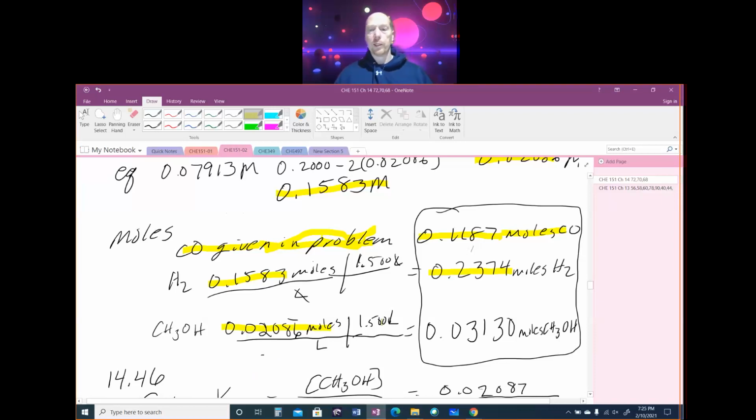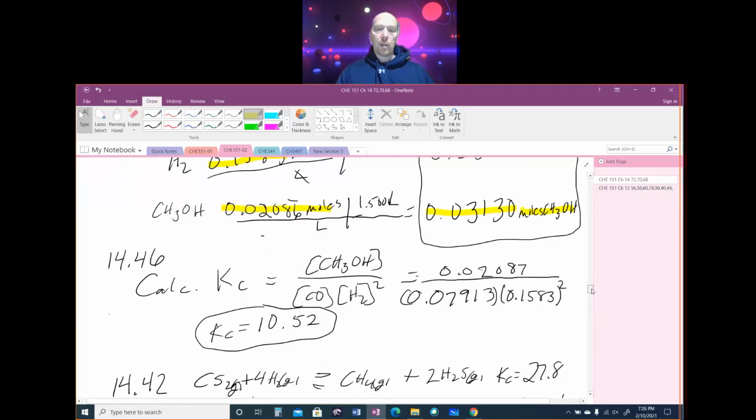The methanol, which was 0.02086 repeating moles per liter, times the 1.5 liters, so that the liters cancel. And so your answer to this problem is, in this one, you have your 0.03130 moles of your CH3OH. All right, so those are your answers. It wanted to know the moles of each of those at equilibrium. All right, I always do things in molarity. I was going to do the calculate Kc, and then I read problem number 14.46, which says calculate the Kc